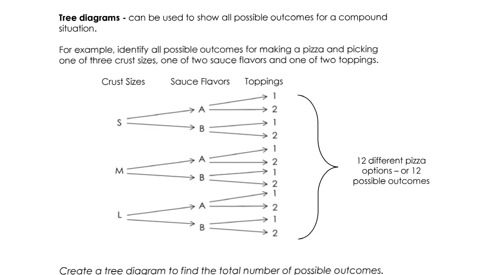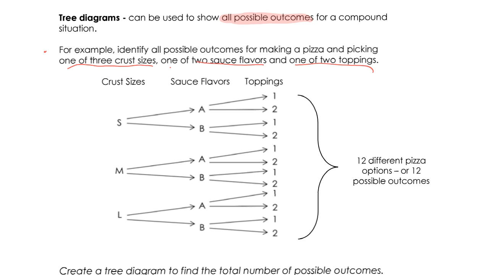All right, so now we're going to talk about tree diagrams. Tree diagrams can be used to show all the possible outcomes for a situation. So, for example, looking here, all possible outcomes for making a pizza and picking one of 3 crust sizes, one of 2 sauce choices, and one of 2 toppings. Okay, so we'd want to figure out all the different possibilities that you could get from